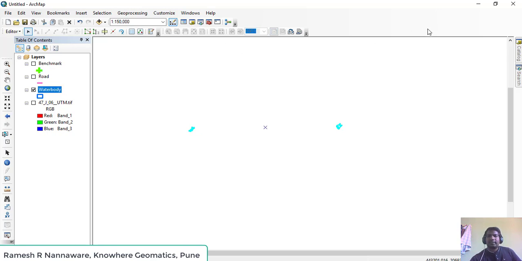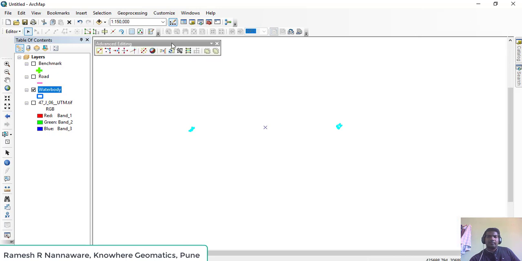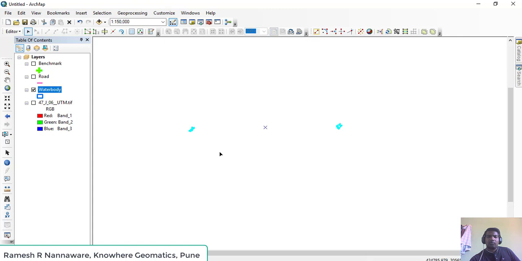Just right click on this empty space and take the toolbar called Advanced Editing. Put it wherever you want and keep selecting both the polygons, or if any one is selected, both will be selected, and simply click on this particular tool.